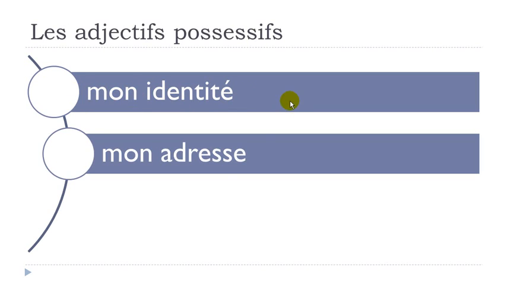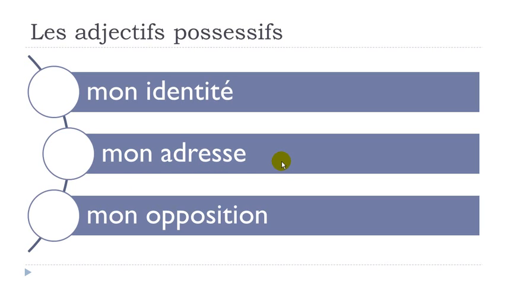Okay, another example, adresse. Same thing here, adresse is a feminine word, but it starts with "a". You will have to use the adjectif possessif masculin, mon adresse, my address. You can hear this little link, so you've got to pronounce this "n", mon adresse. And the last one I took, same thing, opposition, basically feminine, but it starts with the "o", mon opposition,